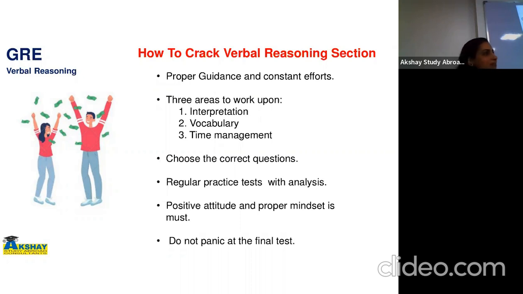And do not panic. You must answer all the questions. Okay, you're free to guess. Understood? So these are some things that you must know before you attempt the GRE test. Because as I said, yes, your quant score is important, but your verbal score gives you a competitive edge in your application. Did you get that? Okay, so that's it about the verbal section.